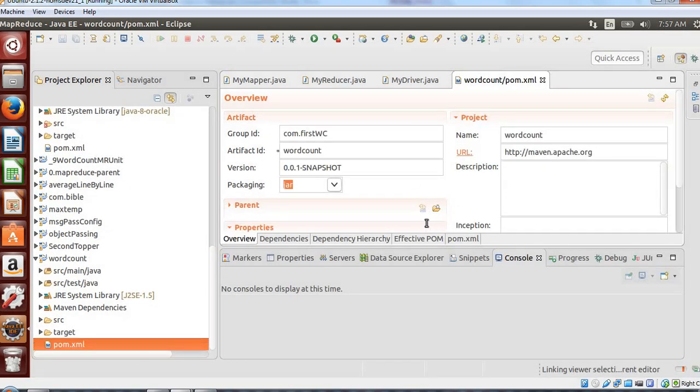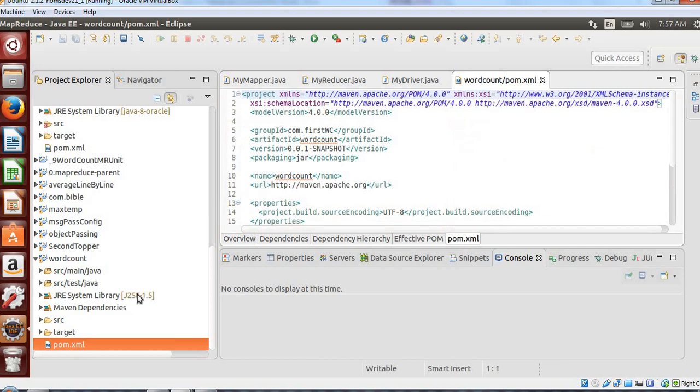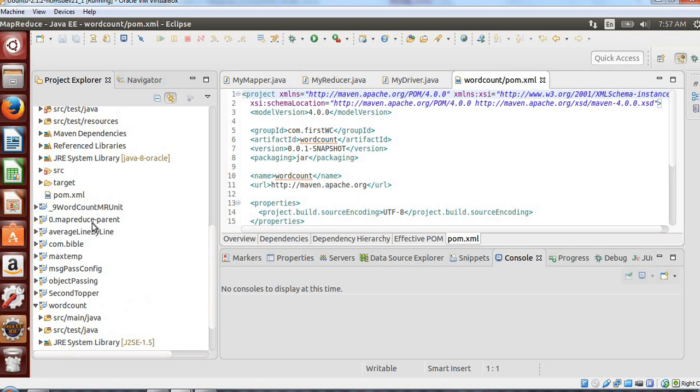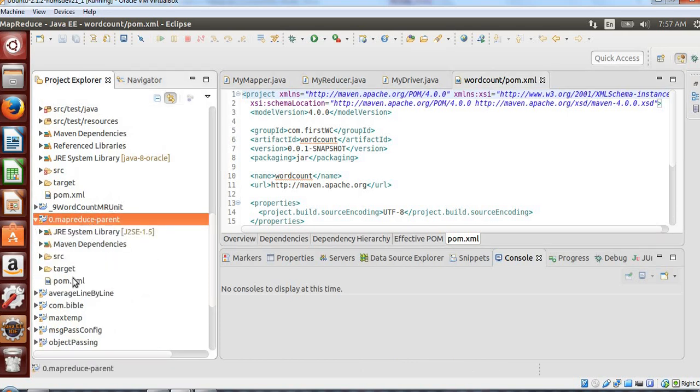To achieve that, we'll go to pom.xml. I have created one parent project where I have given all the Hadoop related dependencies in its pom.xml, so I'll try to inherit these dependencies from that particular project.